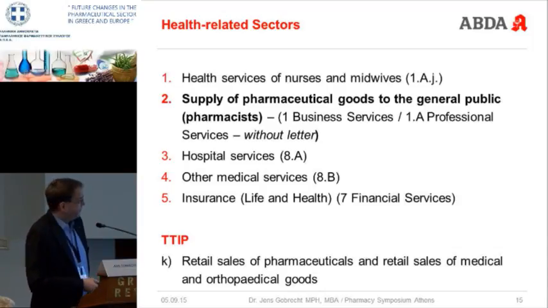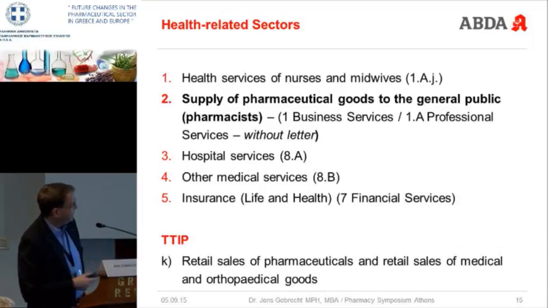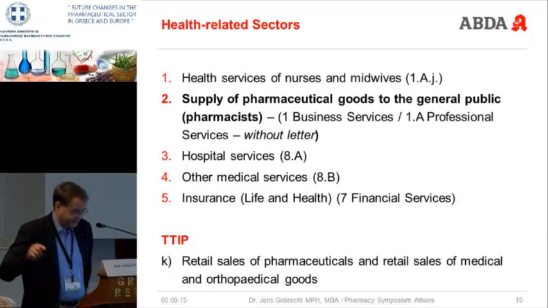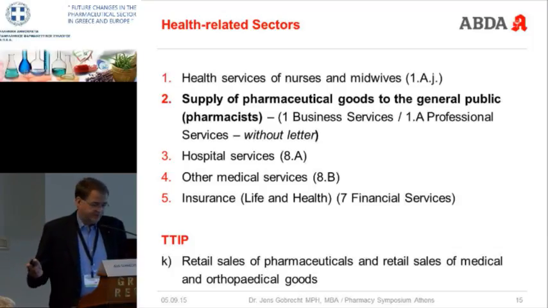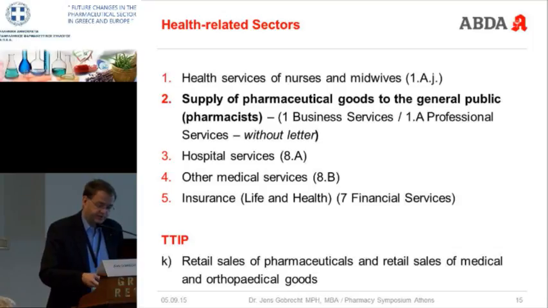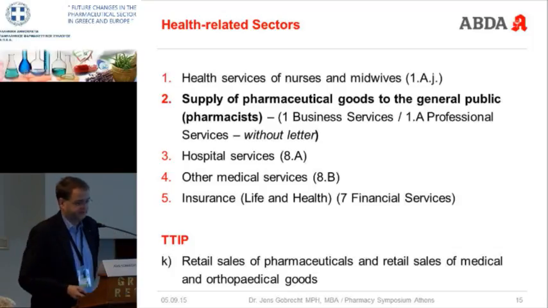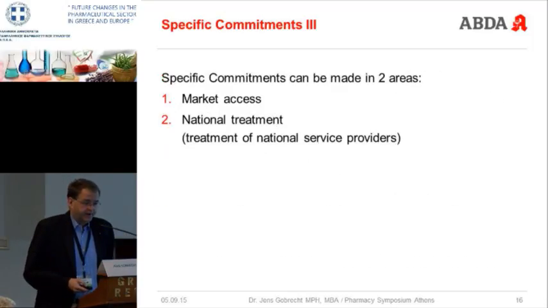In TTIP, this interesting thing which I have highlighted here, it sounds a little bit different. It has a letter K, but in principle it's the same. Here in TTIP it says retail sales of pharmaceuticals and retail sales of medical and orthopedical goods, which is all subsumed under one letter. So,